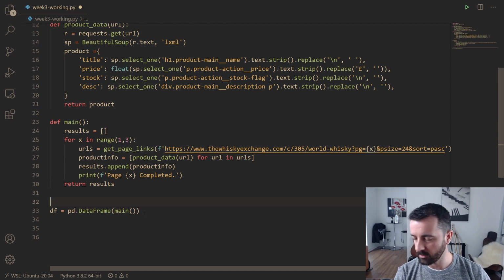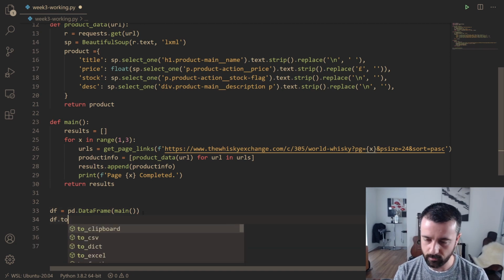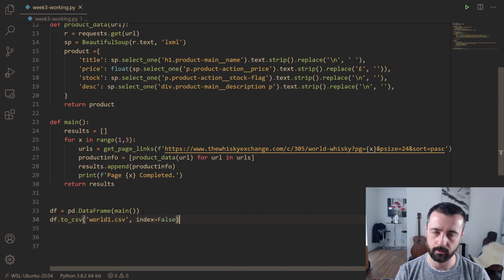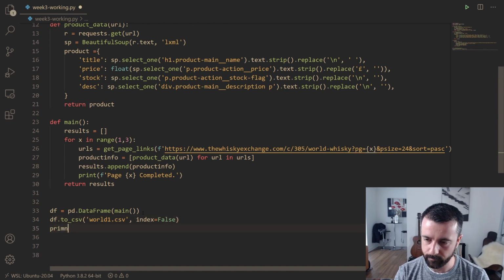And then we want to do df.to_csv, and let's just call this one world1.csv, and index is equal to false, because we don't want the pandas main data frame indexes, we only want our CSV one. And then let's just do print